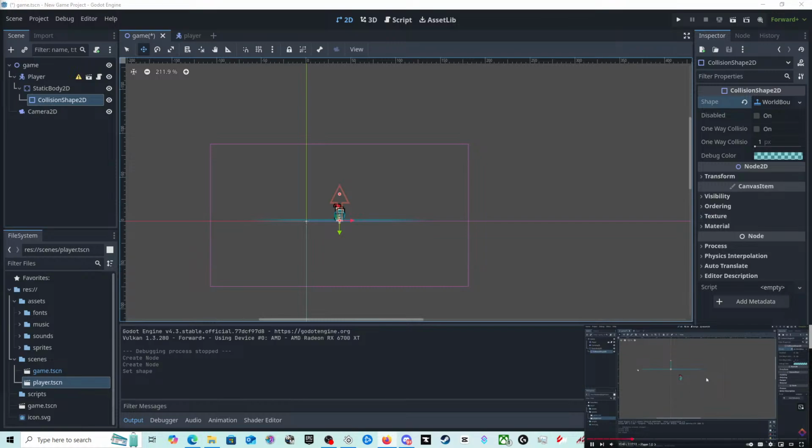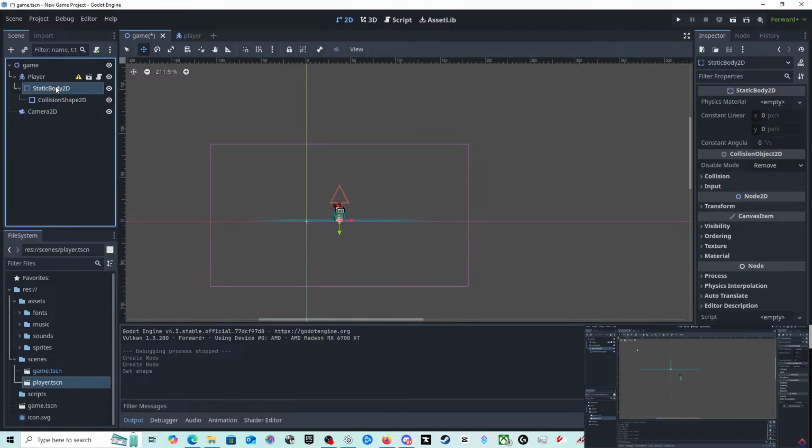For stuff like world boundaries, it's going to extend infinitely on the horizontal axis here. So as you can see, it's currently pointing up. We could also point it to the side here, and now it's going to extend infinitely on the vertical. I'm going to hit Control Z to undo that. Instead, I'm going to select the entire static body here. I'm going to change to the Move tool by pressing this icon here or simply W on the keyboard. I'm going to move it down under our character.